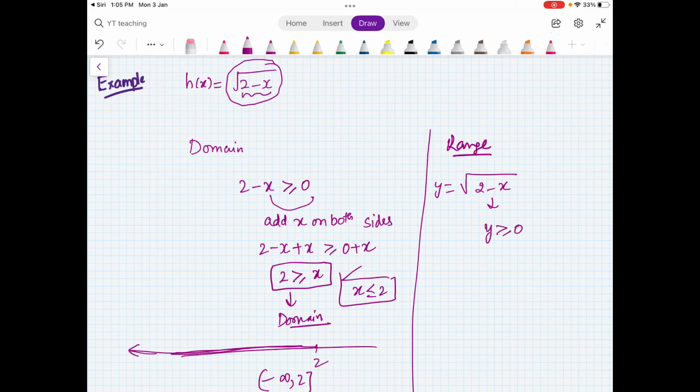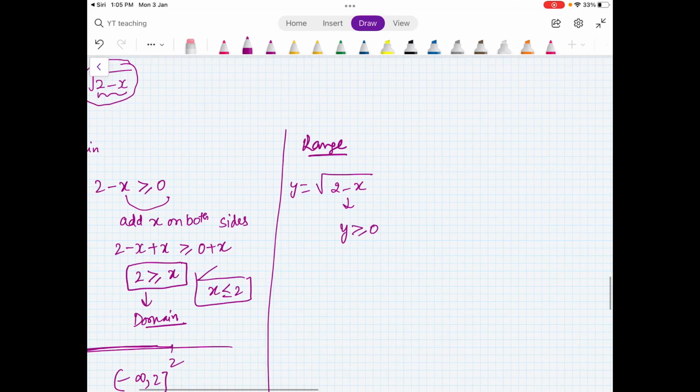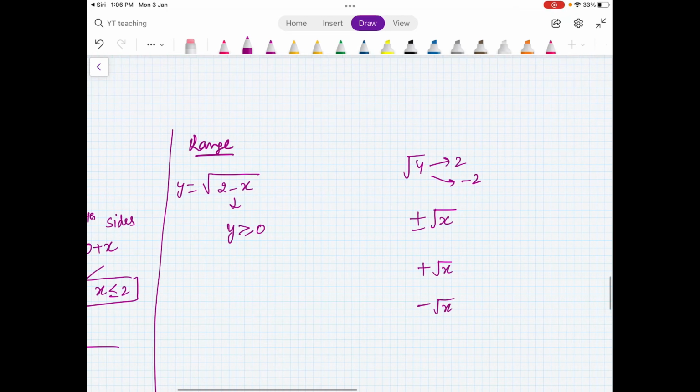Some students have this doubt. They say that the square root of 4 can be 2 or minus 2. That is wrong. We always put a positive or negative sign outside a square root. If it is like this, we are talking about the positive square root, and if it is like this, then we are talking about the negative square root. So generally, if we have y squared is equal to x, then we write y is equal to plus or minus square root of x.